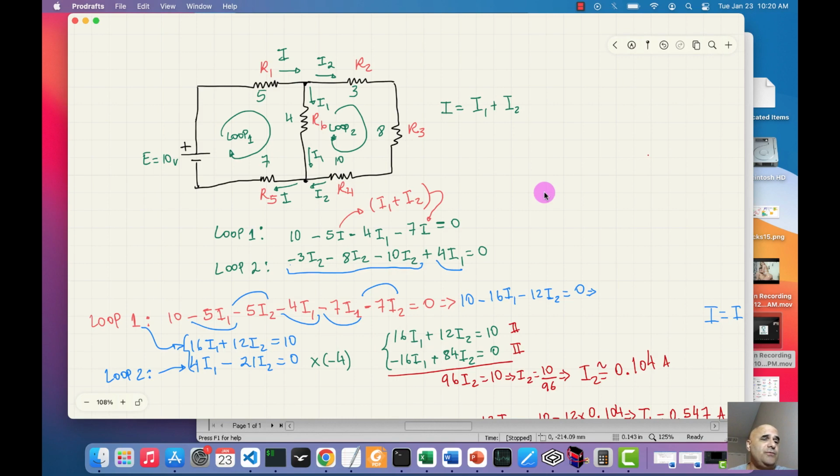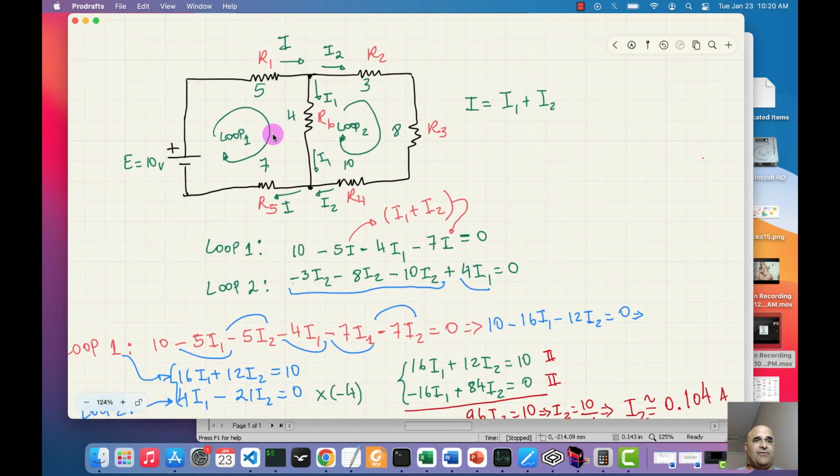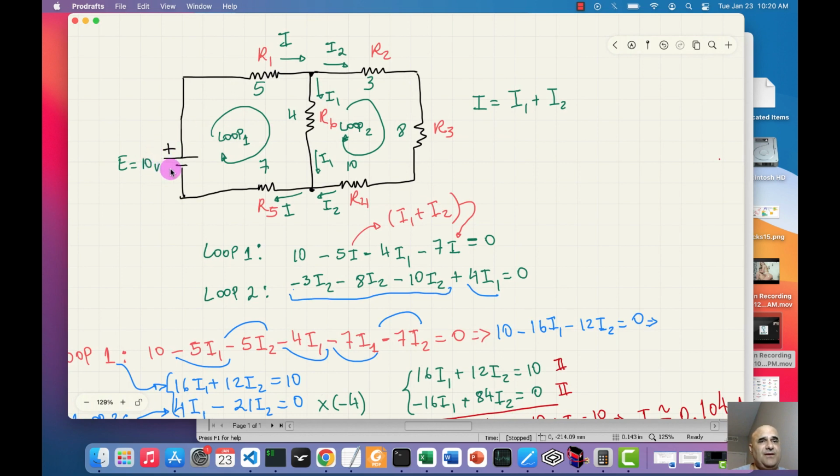I'm going to show you how to solve a multi-loop circuit. Well, here we have a circuit with 1, 2, 3, 4, 5, 6 resistors, one power supply, and the purpose is to find the currents